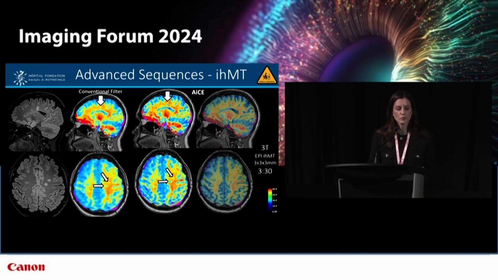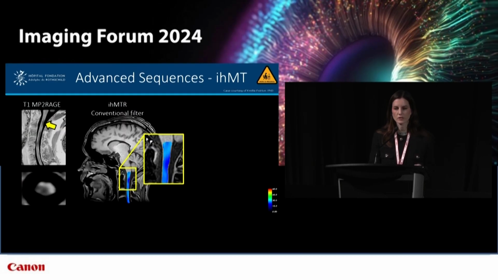IHMT can also be performed for the spinal cord. The sequence with a classic filter covers the cervical spinal cord in 3 minutes with an in-plane resolution of 1.9 by 1.9 millimeters. And this example was acquired with the 32-channel head coil, but can also be done with the 16-channel coil combined with the body coil. On the overlaid IHMT ratio map, the lesion is visible as signal decrease in dark blue, which you now know reflects a loss in myelin content compared to